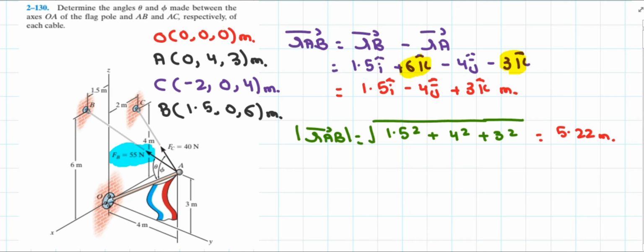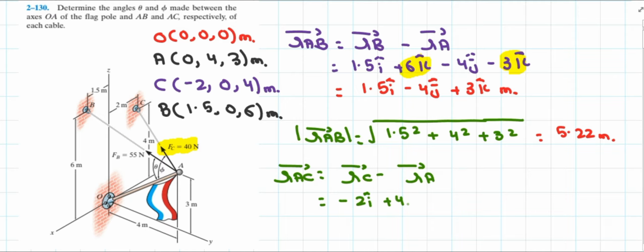Now this is for R_AB. Let's find out another position vector. If you look at the diagram, the head of the F_C force is directed towards the point C. It means that point C is the final point and point A is the initial point. So the position vector of these two points can be written as R_AC, which is equal to R_C minus R_A. The location of C point is negative 2 i cap with positive 4 k cap. And the location of A point is again negative 4 j cap with negative 3 k cap.